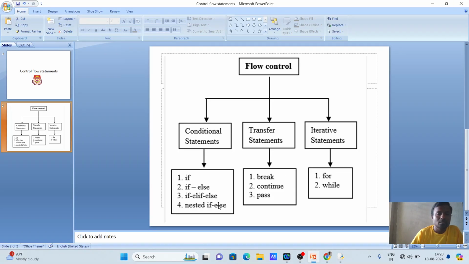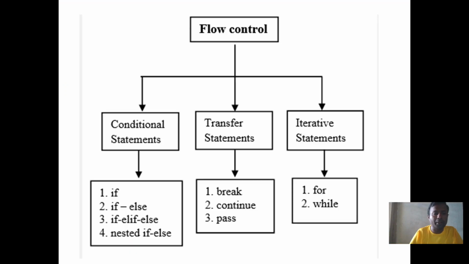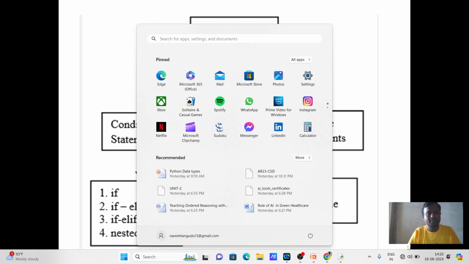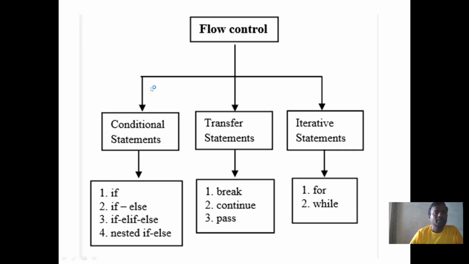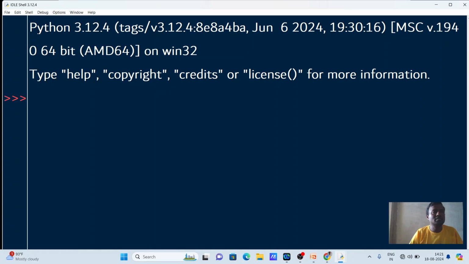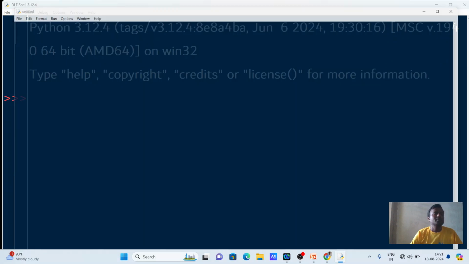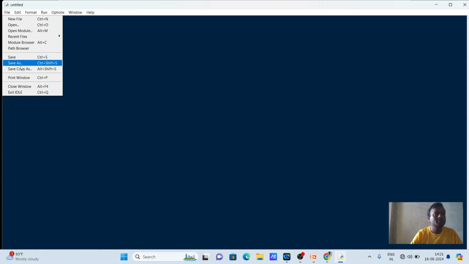So we have seen for loop and while loop. Now we have to discuss the transfer statements. The transfer statements are break, continue, pass. Now let us open the IDLE. Now let us see one by one, break and continue. Save,